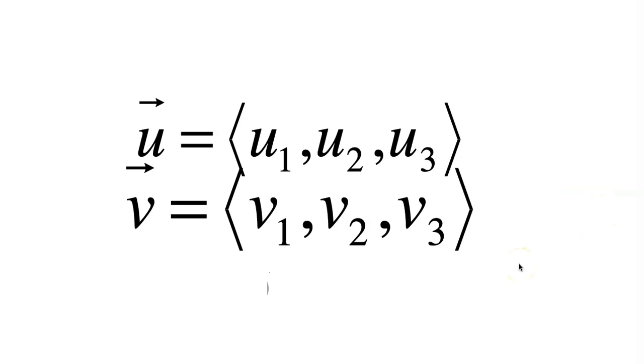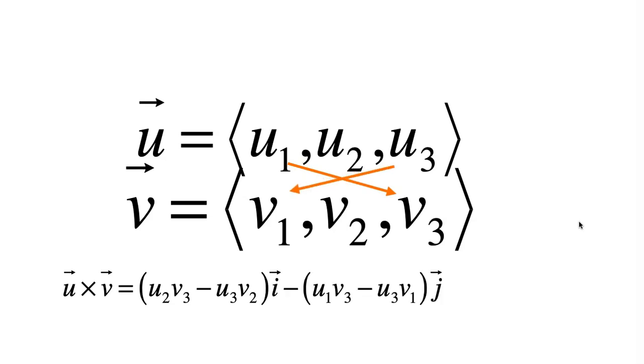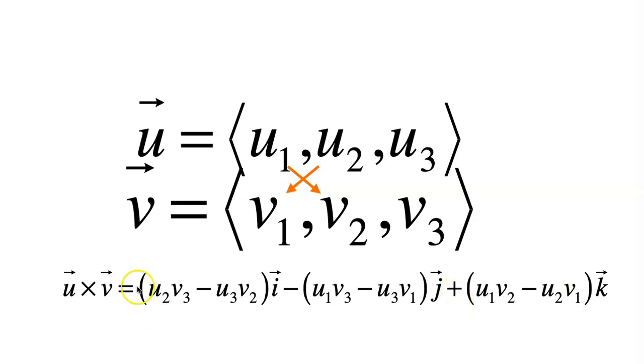So here we have the vectors, and it's quite convenient to write them vertically, it really helps. Then it's u2v3 minus u3v2 for the first component, times i, and then the second component, the one in j, is u1v3 minus u3v1, but be careful, this one has a negative sign in front. And then the last one is u1v2 minus u2v1, and this time it's plus, so plus,